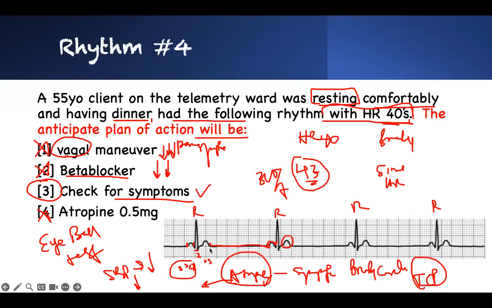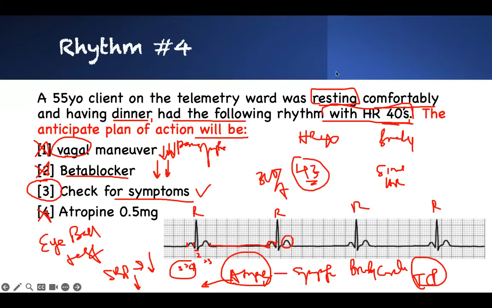Okay, so for this patient, slow heart rate, you see a different rhythm. It's very slow. We know P and QRS are okay. It's just a long time after the repolarization of the ventricle before the atrial depolarize. Okay,